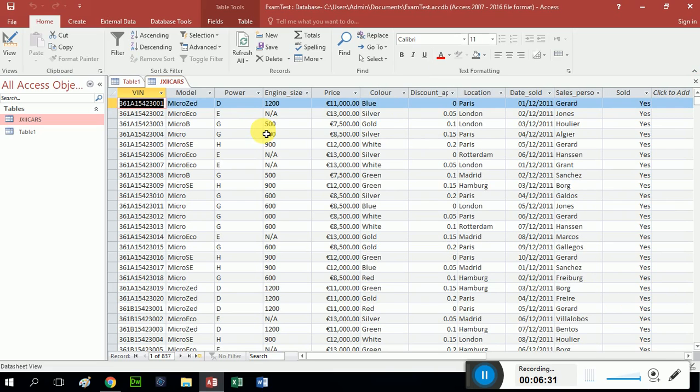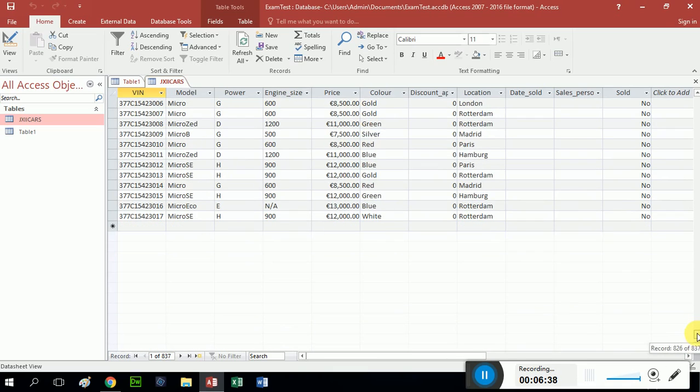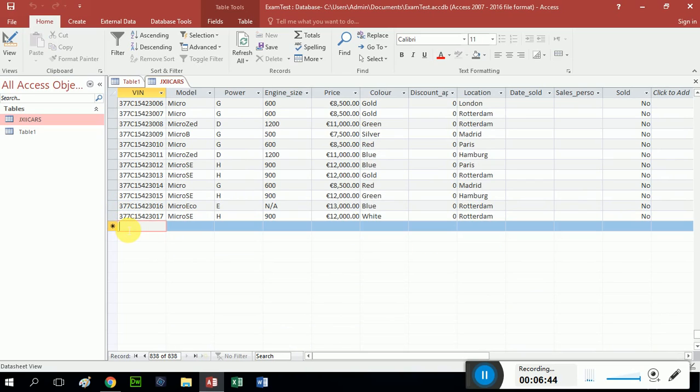Now it tells me to insert the following 3 records. So I'm going to go right the way down to the bottom of my table, and I'm going to insert a new record here. And I get given the data for the record in the instructions. So I'm going to start off with the first one, which is 377C